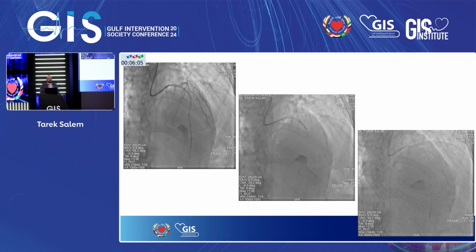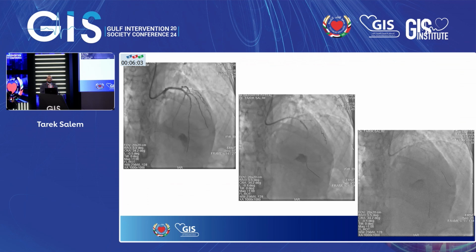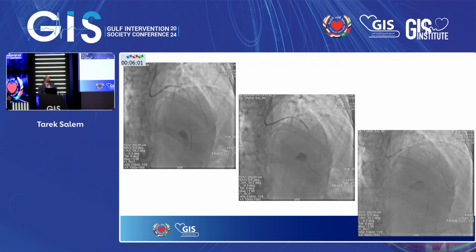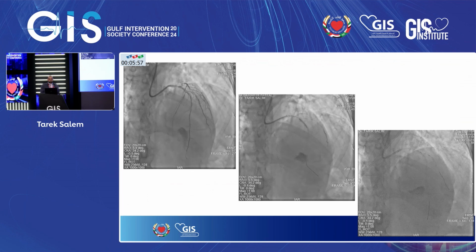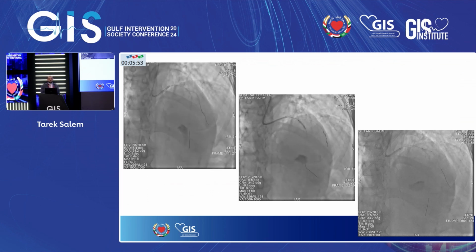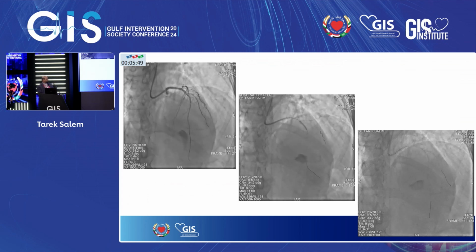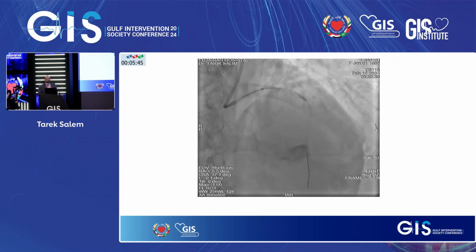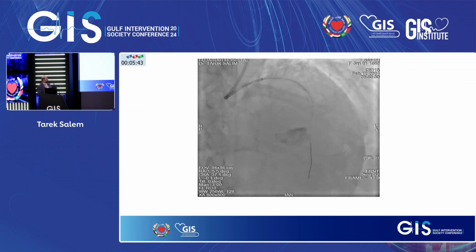So with 2 wires, we started by ballooning the LAD, and I suppose here it was an NC balloon, and at that time the balloon went up nicely. Then we took a DCB into the diagonal, as we planned, with a good result. This is my next image. So I took a stent and put it down to the